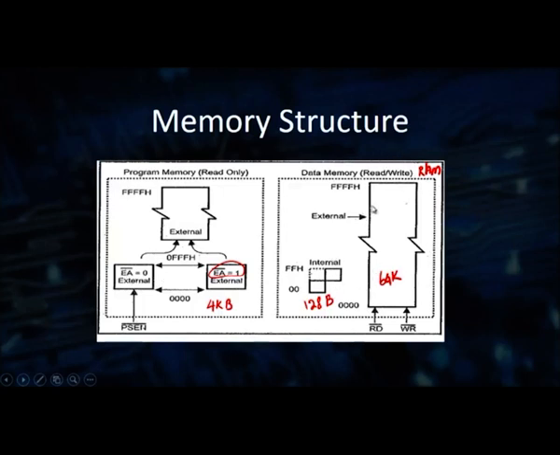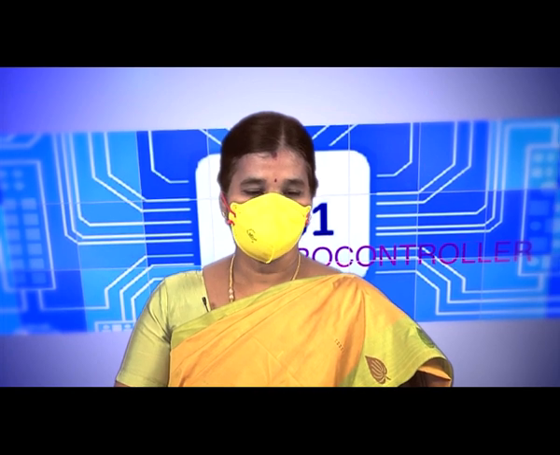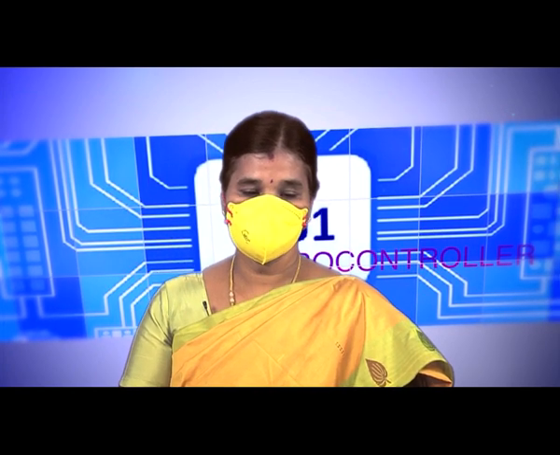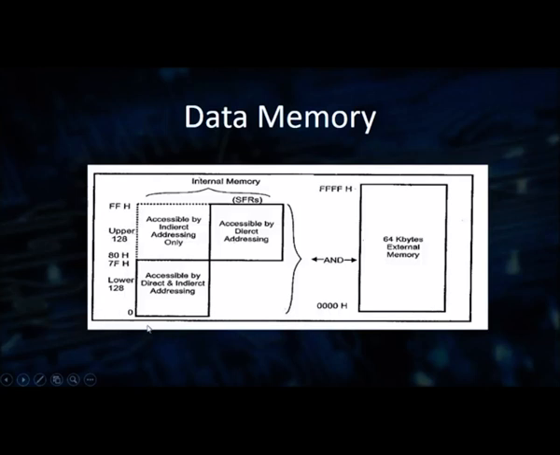This is a read write memory. So, we have to use both control signals, read bar and write bar. This is the data memory, which internally has 128 bytes. The 128 bytes are represented as 00 to 7F. So, 0 to 7F is the internal memory. Additionally, it is used for indirect addressing or for the special function registers, or a maximum of 64 kilobytes externally you can